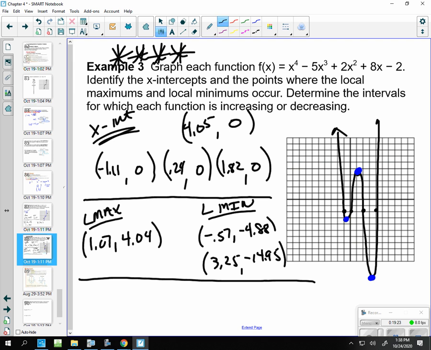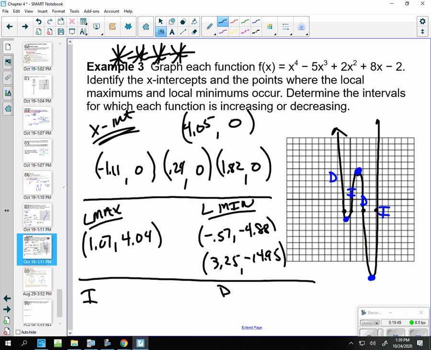Now for the really, really, really hard part. I got to identify when it's increasing and when it's decreasing. So left to right, this part's decreasing. This one's increasing. This one's decreasing. This one's back to increasing again. So I have 2 decreasing intervals and 2 increasing intervals. You're using the x values. So now